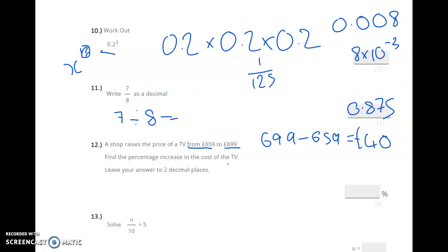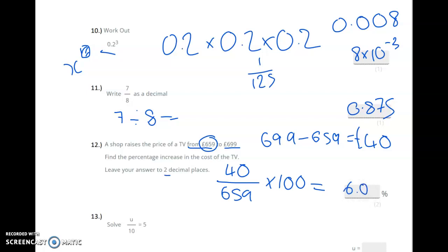So what we do is we work out that 40 as a percentage of the original price. That was the original price. So we do 40 shared by 659, then times your answer by 100. I'm not working it out, I'm just showing you what to do. So you would type all that into a calculator: 40 shared by 659 equals that, times by 100. So it's gone up by 6.0,